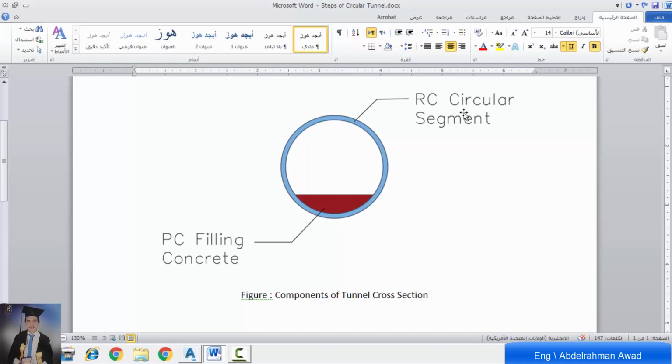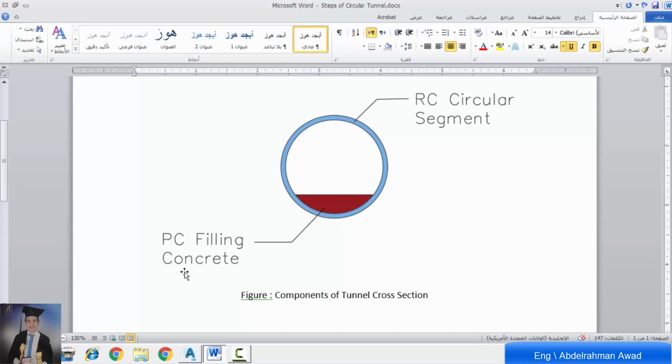The first component is the reinforced concrete circular segment, which consists of eight separate segments. And the second component is the plain concrete filling layer. So the two main components are shown in this figure.